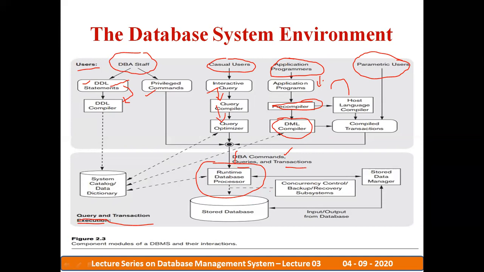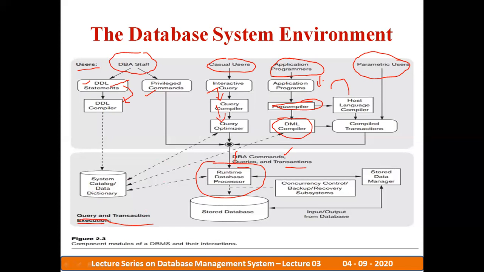Now, this database administrator has a connection with the system catalog or data dictionary. This data dictionary has a connection with every object in a system environment. As I said, a data catalog or metadata will be there. In the same way, the system environment will also have the system catalog, so it will have the information about all the objects in a database system environment.